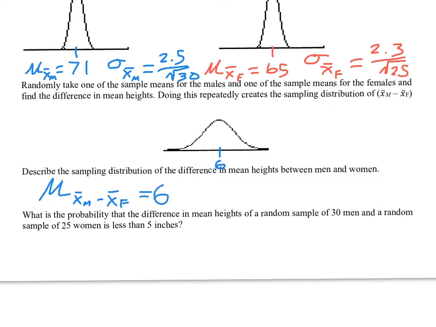And even though we're finding differences, if you find the standard deviation of a difference, you still add their variances together and then take the square root. It's like the Pythagorean theorem. So if we want the standard deviation for these differences,